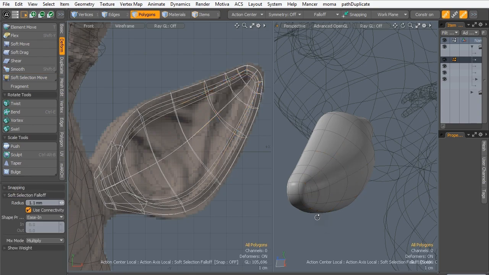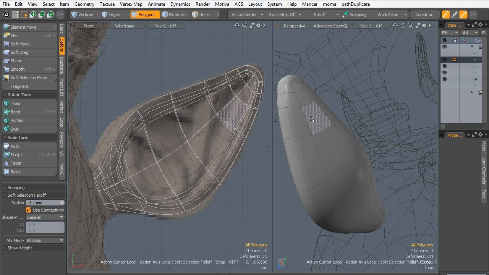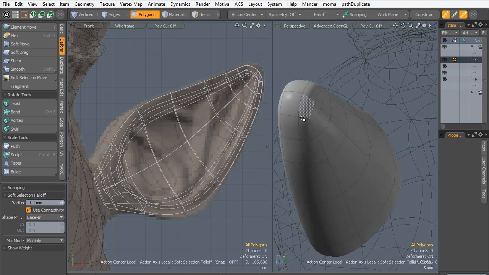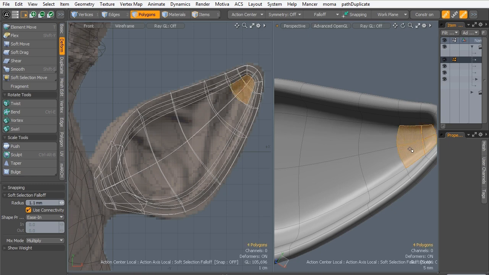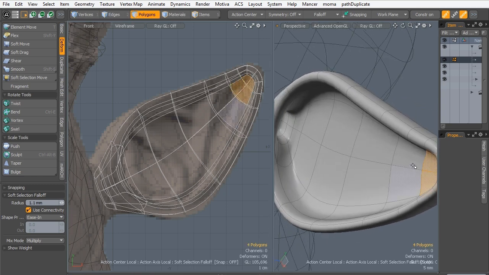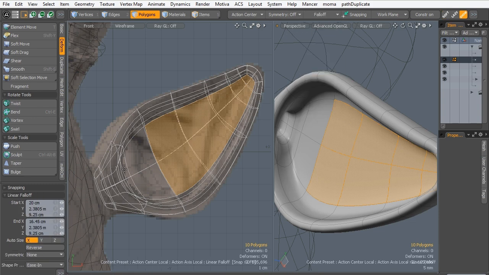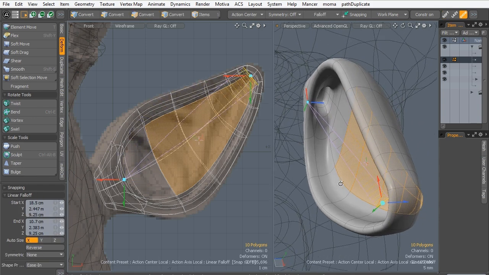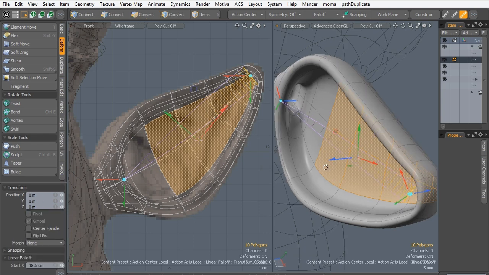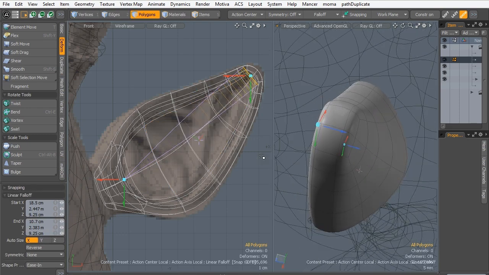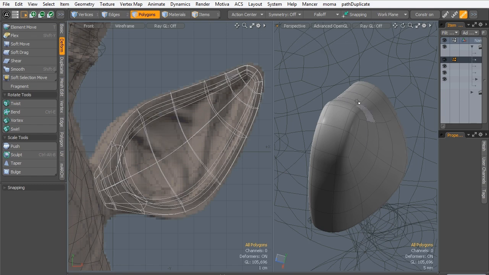As you can see, now the mesh is smoothed quite nicely, thanks to selection fall-off, soft selection fall-off. This smooth tool is spread across multiple polygons, and it works a lot better. Now activate linear fall-off for this part of the ear and bring it to the front. Alright, dismiss fall-off by pressing escape,